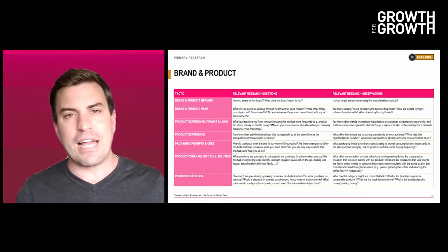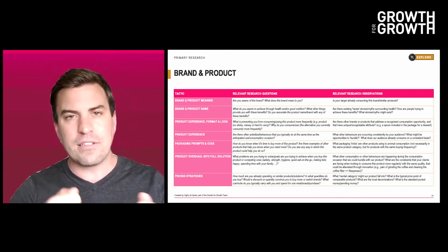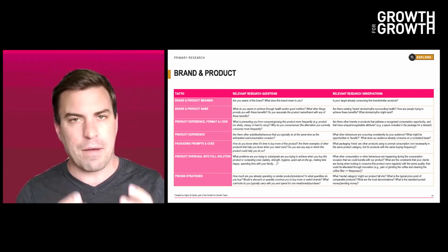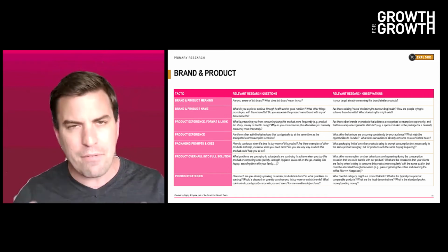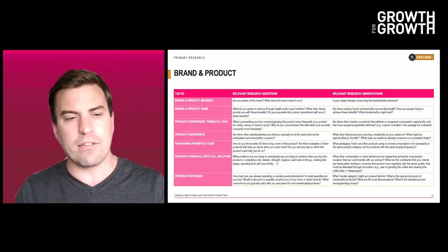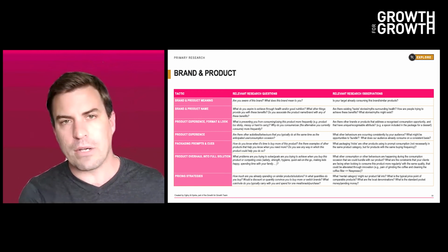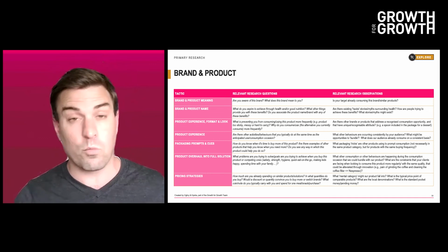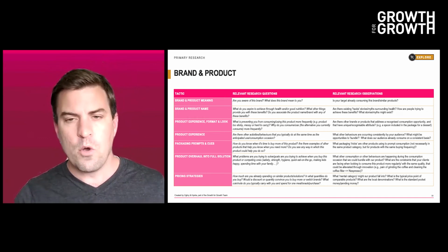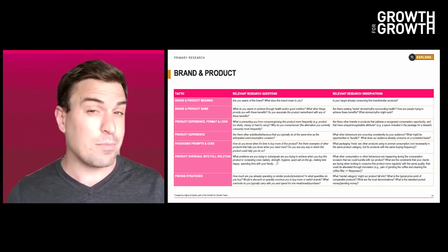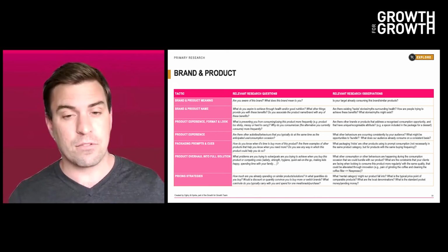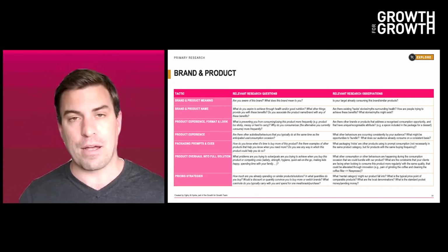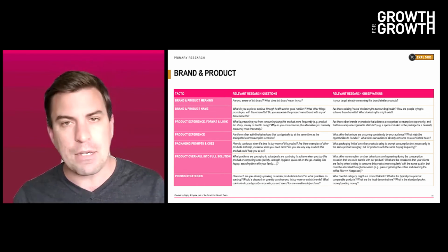And these really just help us again to provide other touch points and frames of reference that we can bundle our solutions to. We can better understand what's really happening around this consumption occasion so we can make our product and brand work with this experience. We can also seek some observations, again, not explicitly asking people, but what are we seeing? So what other behaviors are occurring consistently by our audience? What might be opportunities to bundle?